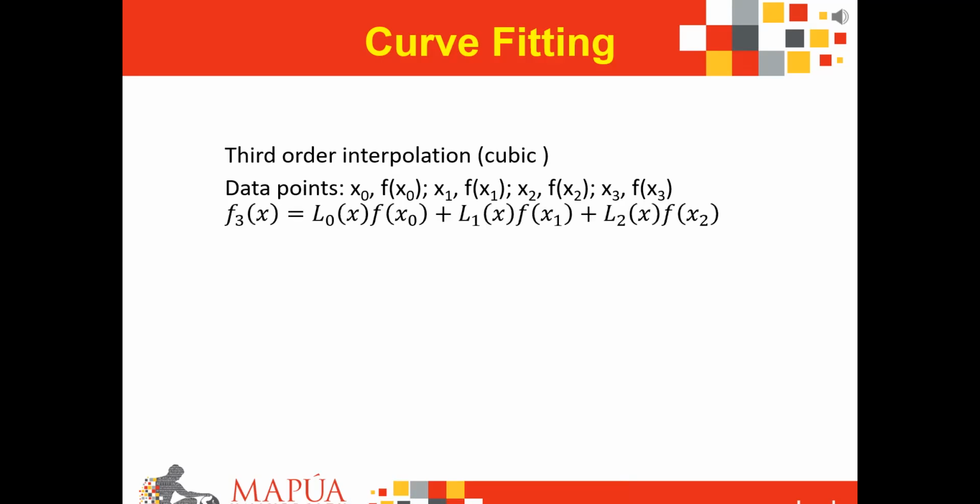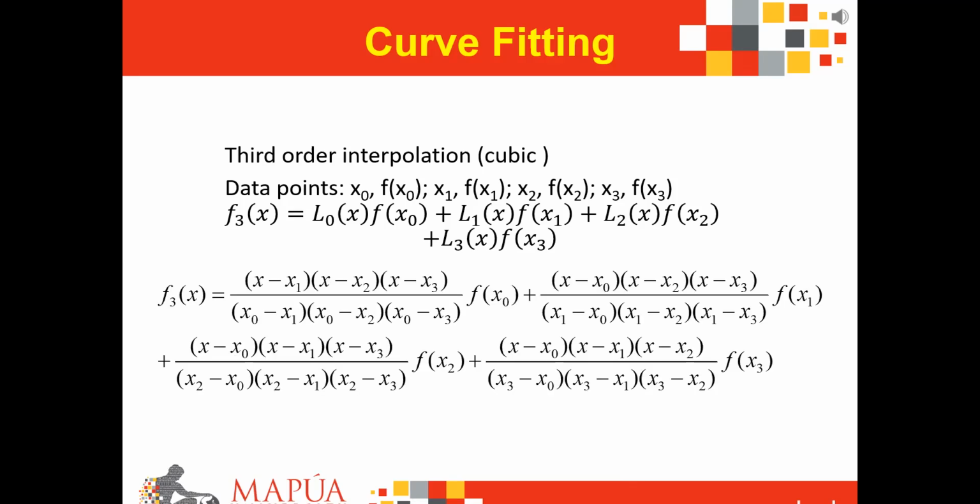So your fx0 is multiplied to L0 of x, your fx1 is multiplied to your L1 of x, your fx2 is multiplied to your function L2 of x, and your function fx3 is multiplied to your function L3 of x, giving us a formula for your L0 of x now to be equivalent to x minus x1 multiplied to x minus x2 multiplied to x minus x3 divided by the data point itself, which is x0 minus x1 times x0 minus x2 times x0 minus x3, making up your L0 of x